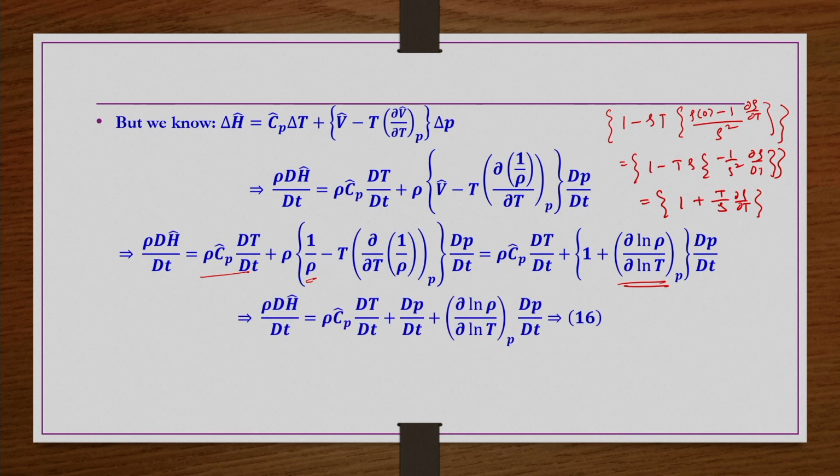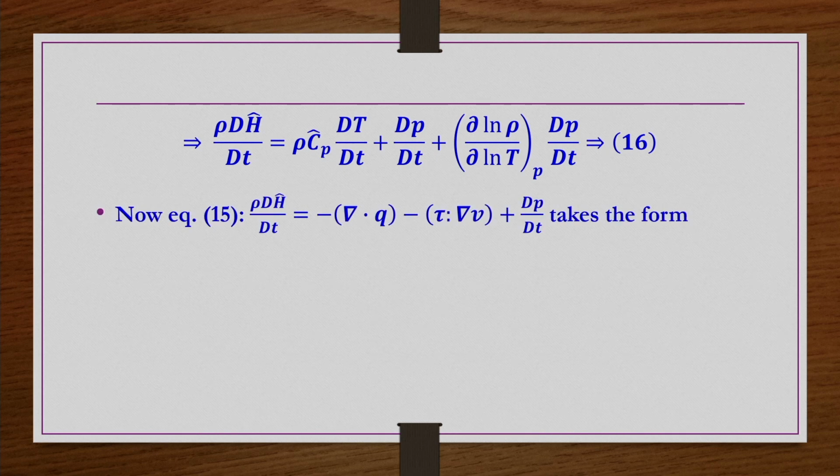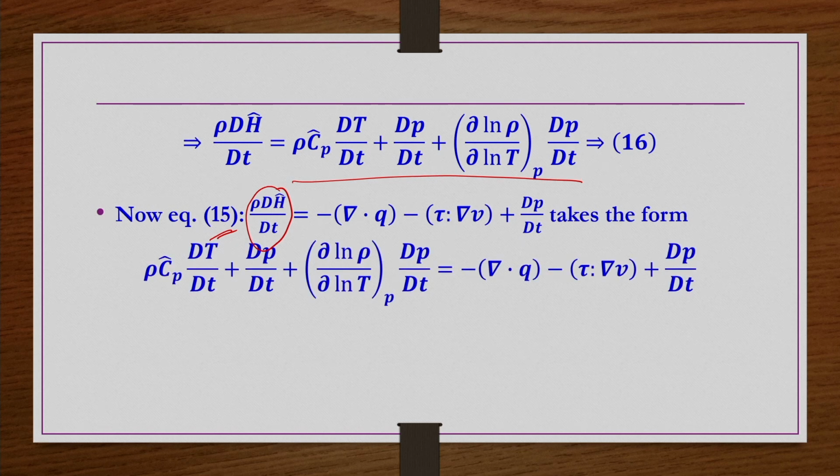That means rho DH tilde by Dt equals rho Cp tilde DT by Dt plus DP by Dt plus dou ln rho by dou ln T DP by Dt. This capital D by capital Dt indicates the substantial time derivative as we have seen in the previous lecture, right. So, now what we do, this equation number 16 that we just derived, we are going to substitute in equation number 15. In place of rho DH by Dt we write this part from equation number 16. So, that you have this equation,